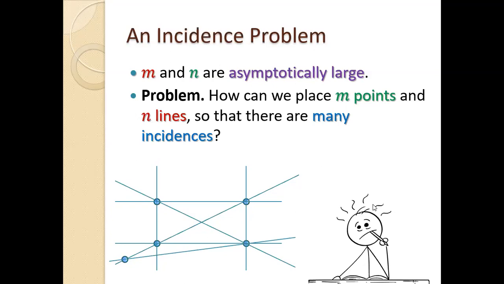Right, so people are suggesting to me, we want to have a lot of points such that each point has a lot of lines through it. Agreed. How can I do this? Any thoughts? In what form can we arrange a set of points so that we can form many incidences? No thoughts?